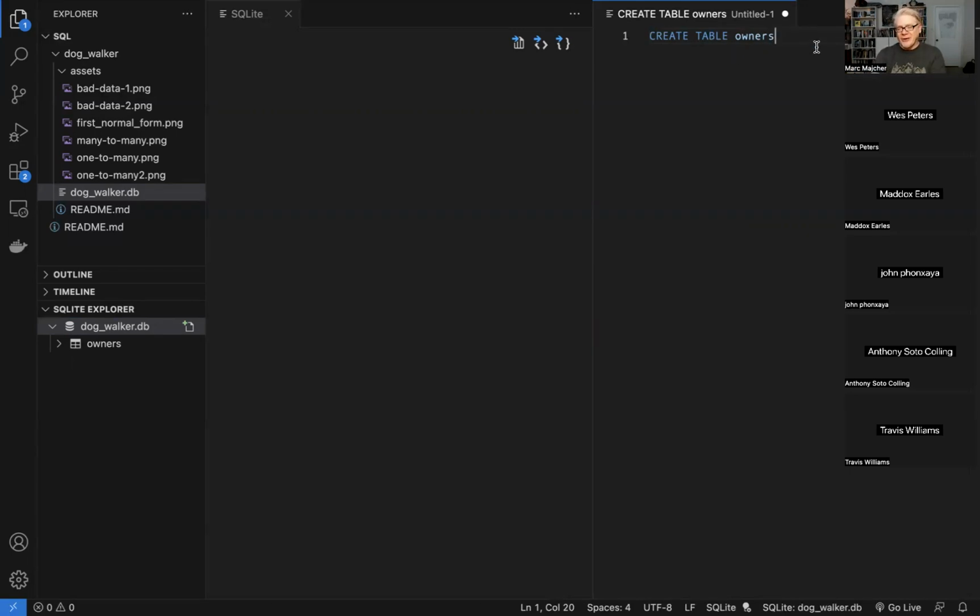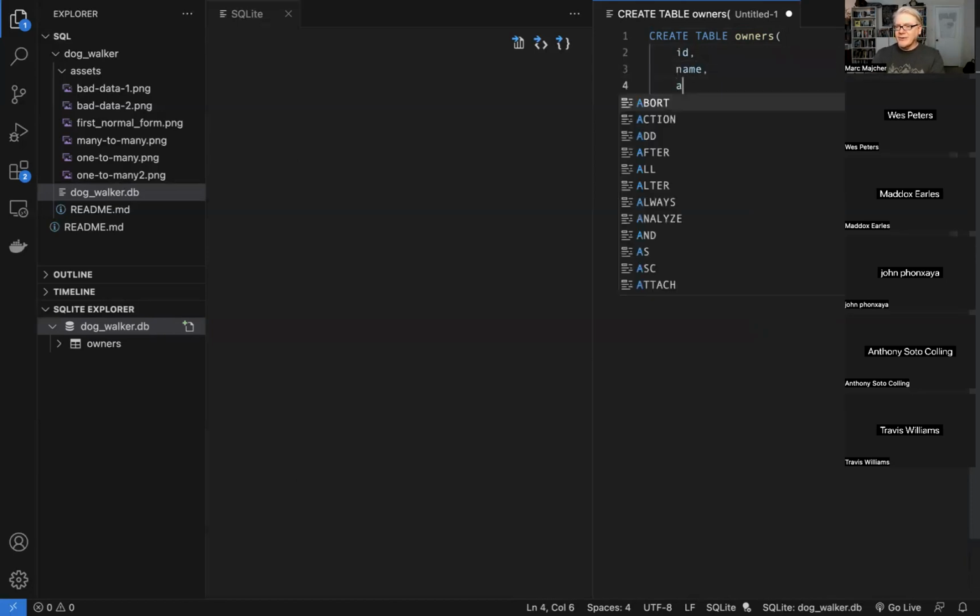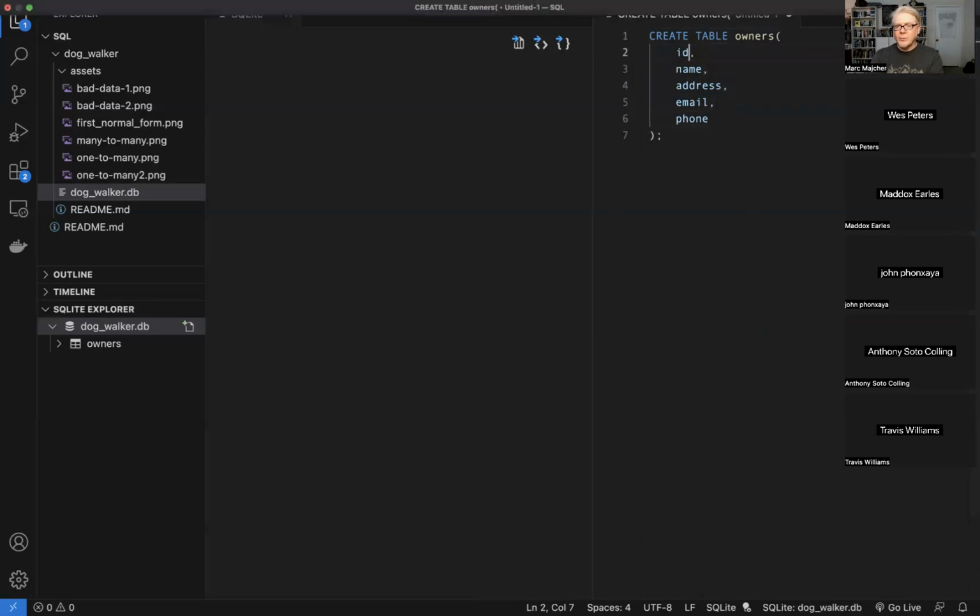So we're going to create the owners table. To do that, we need to give it what is in that table, or more precisely, what those columns are going to be. We have our ID, our name, our address, our email, and our phone. But we also need to tell it what kind of things those are.